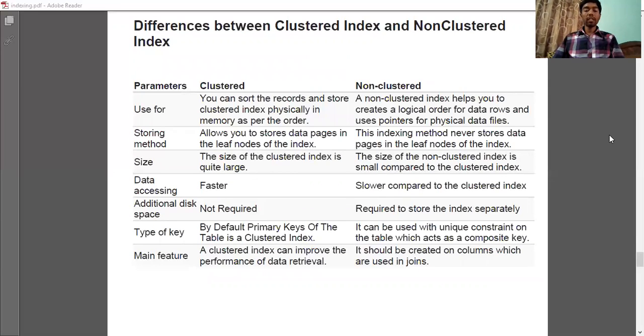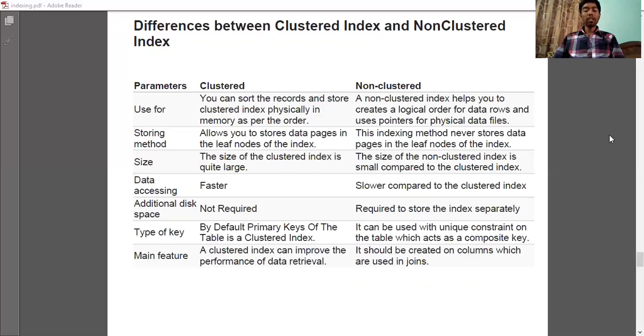Data accessing in clustered is faster, and data accessing in non-cluster is slower compared to the clustered index. In clustered, additional disk space is not required, and in non-cluster, additional disk space is required to store the index separately.